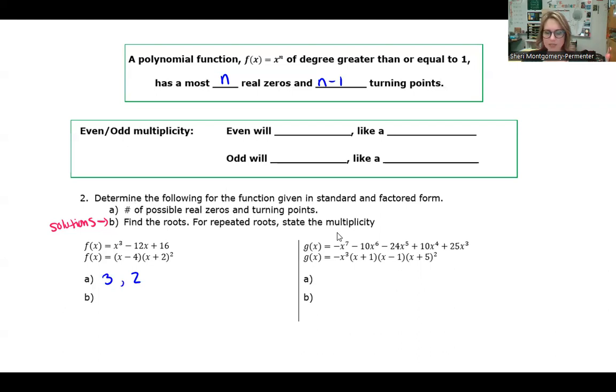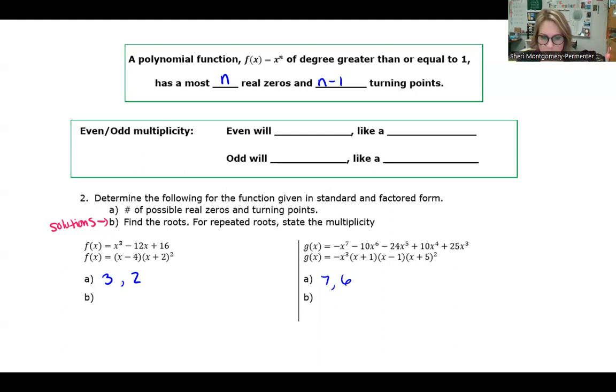Okay, let's look at the second one. The second question, what's the degree of the second one? 7. So how many turning points? 6. Okay, what that means, to give you an example for the first one, if it has 3